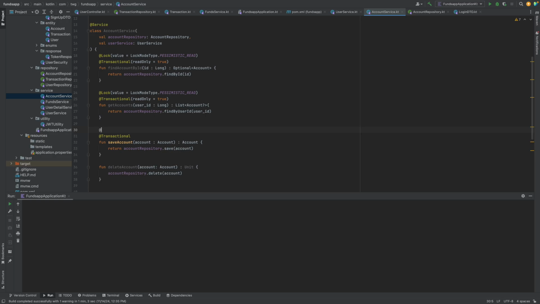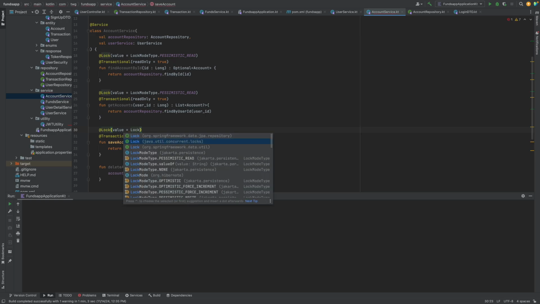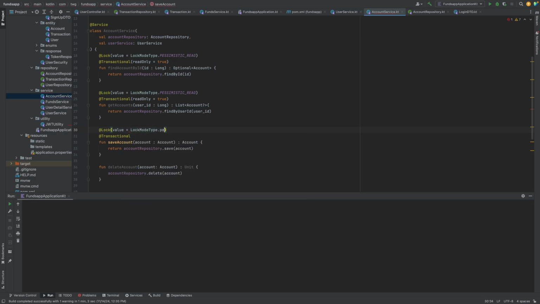So what I could do is add a lock, and that value is going to be equal to LockModeType.PESSIMISTIC. Right. So like I said, disclaimer, when you're using a lock like pessimistic write or pessimistic read, you have to